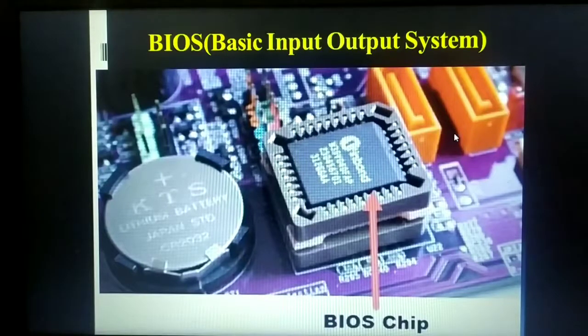Nowadays most newer versions of computer systems come with a flash BIOS. That is, there may be a software upgrade in order to support newer devices. So now we have an external BIOS chip on our motherboard. Our next versions may come with software upgrades, where, in the same way the operating system is loaded, the software may also get loaded into your memory. Whatever operations the BIOS is performing now, the same thing it may perform through that software with a newer version. But still, in our motherboard we are using the BIOS chip.